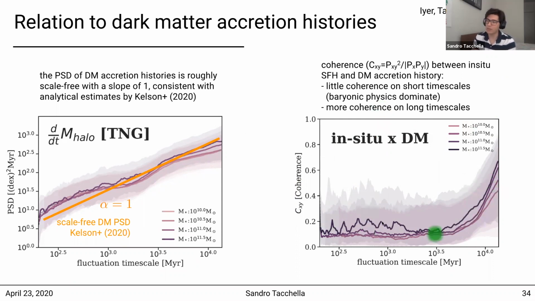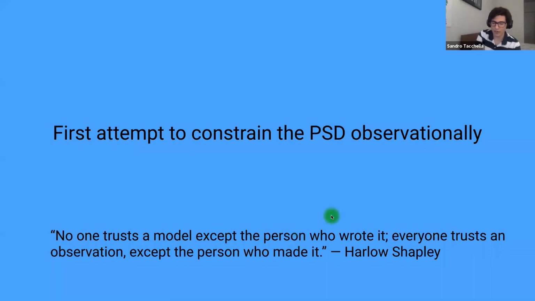Okay, so this means that on short timescales, we really have these baryonic effects that dominate the star formation histories in these simulated galaxies, whereas on the longer timescales, the dark matter accretion histories and their overall shape play a more important role. And that's why I was also saying that maybe it's just a coincidence that models that are able to reproduce the scatter of the star forming main sequence are heavily related to dark matter accretion histories. This may be just a coincidence because the scatter of the dark matter accretion histories and the scatter in the main sequence is the same, but physically, the short-term fluctuations are probably driven by baryonic physics. Okay,